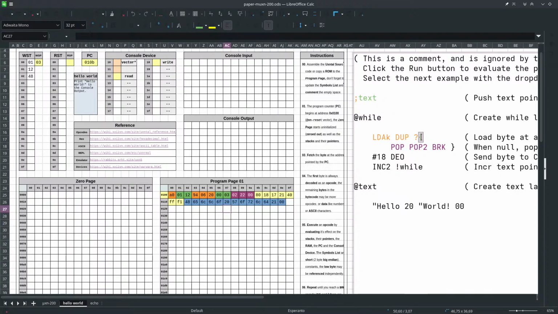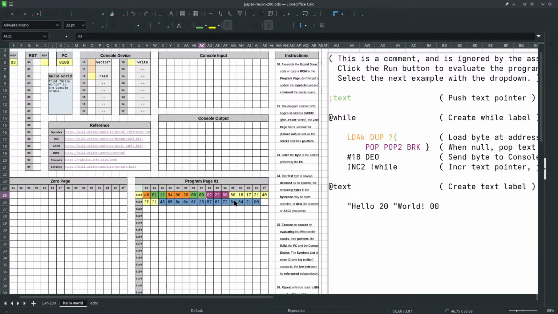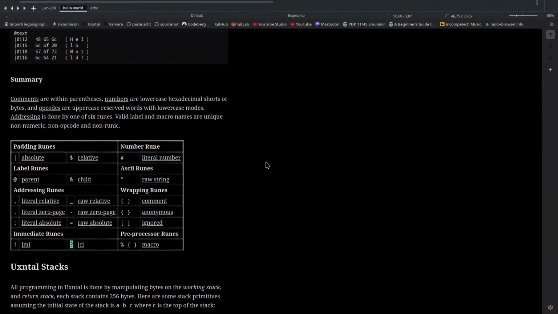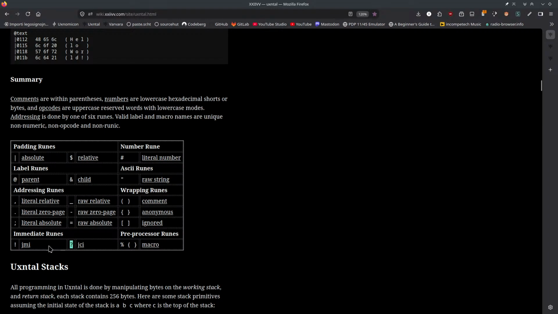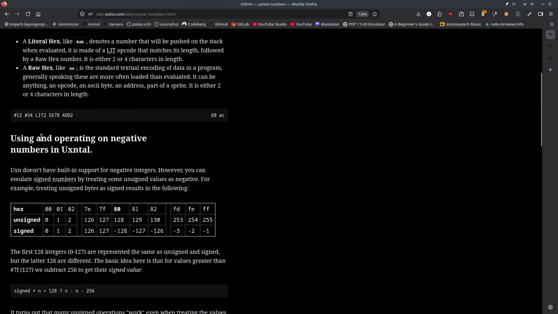Okay, so this is just to remember that after this instruction, it also has 2 raw bytes as parameters, just as this instruction here above. Okay. So now we have this syntax, which is a hash sign and 18. If we go to here, we can see that the hash stands for literal number. Okay,